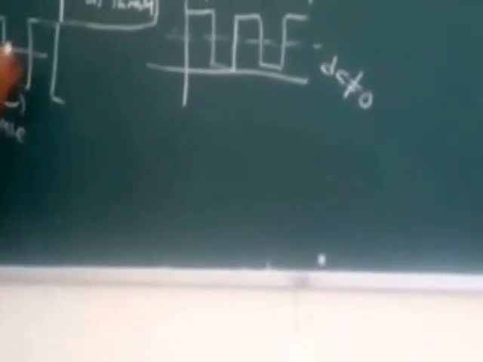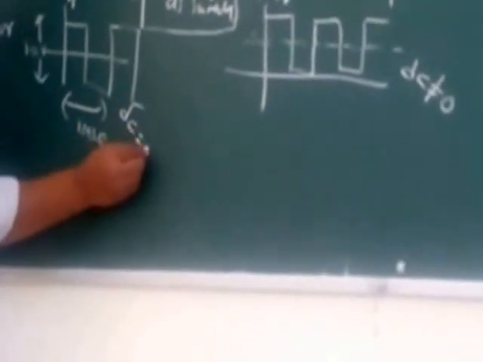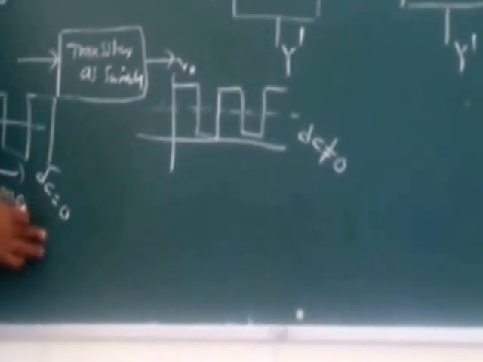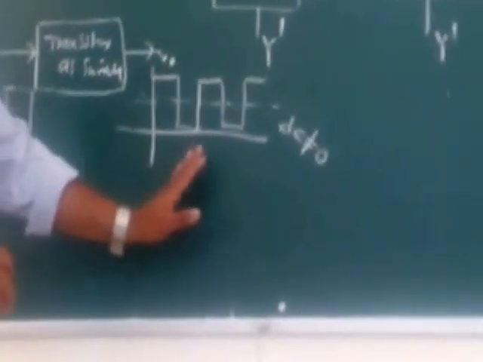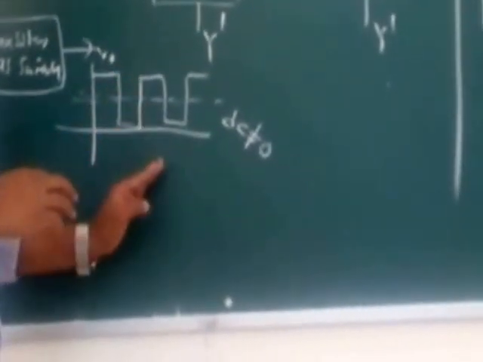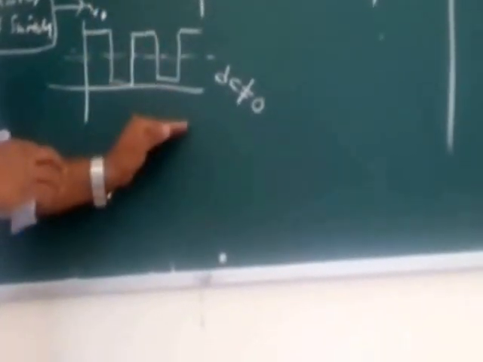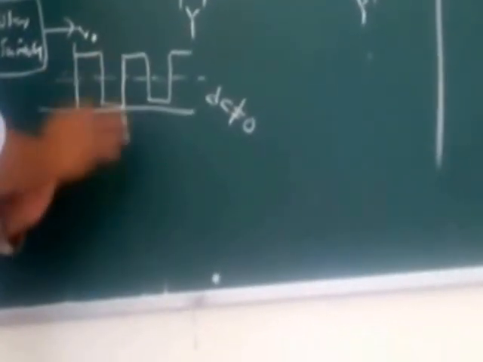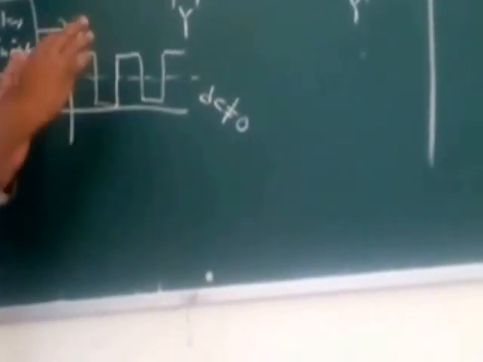If you see the input signal, since it is a pure AC signal, its DC value is equal to 0. That means we can see this input signal in DC mode or AC mode. If you want to see this one in the AC mode, no problem, because it is an AC signal only. If you want to see this one in the DC mode, again you will get the same signal because its DC is equal to 0. But whenever you are seeing this output signal, the signal is not a pure AC signal, it is a pulsating DC signal, AC content is there, DC content is there. So in order to observe this signal, compulsorily we have to see it in the DC mode only.